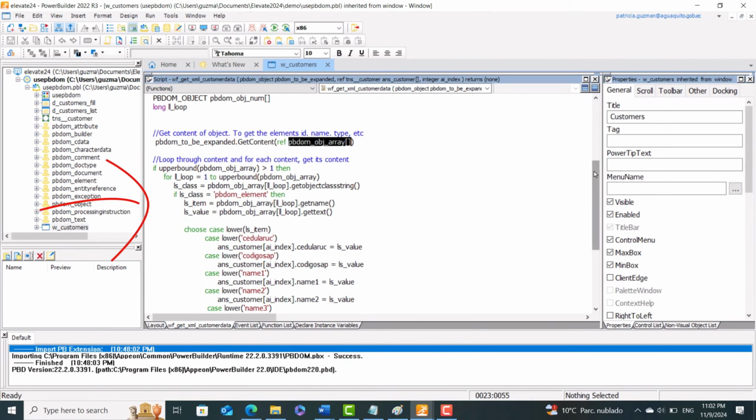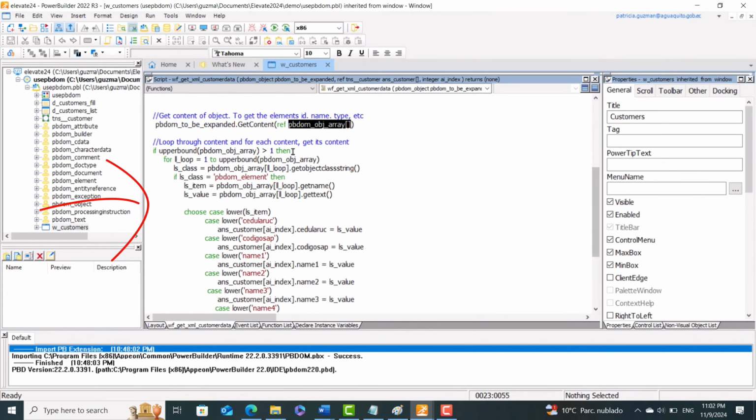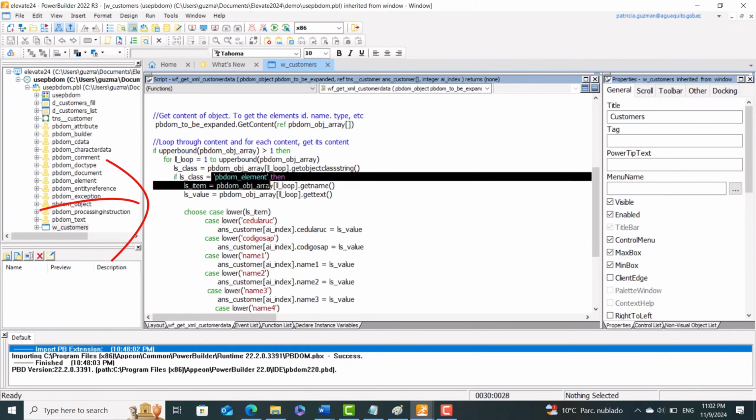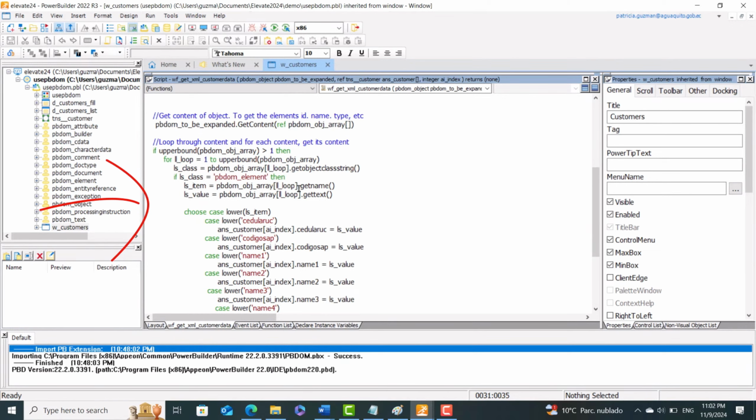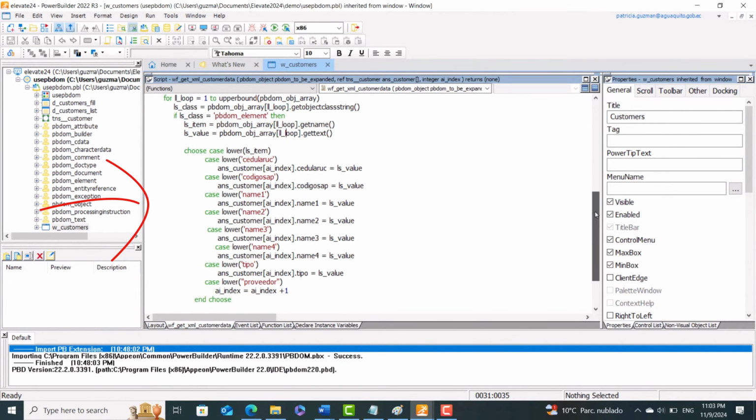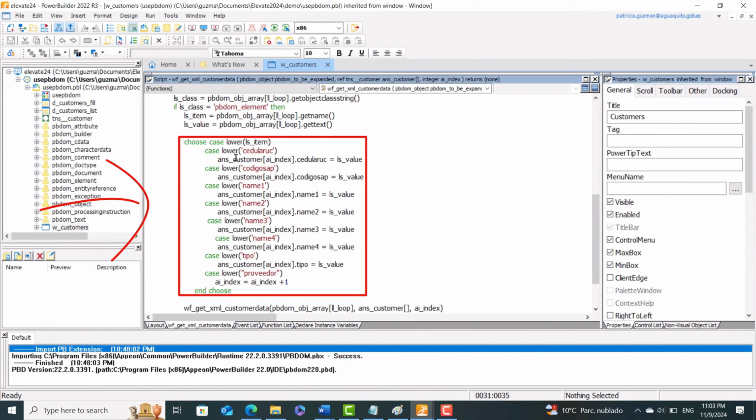So now we verify the upper bound of the array and go through it. We get the class with the GetObjectClassString. We verify if the class is a PBDOM element, and after that we get the name in ls_item, and we get the value using the GetText function. So we go through all the items and verify if they correspond with the values that we need to